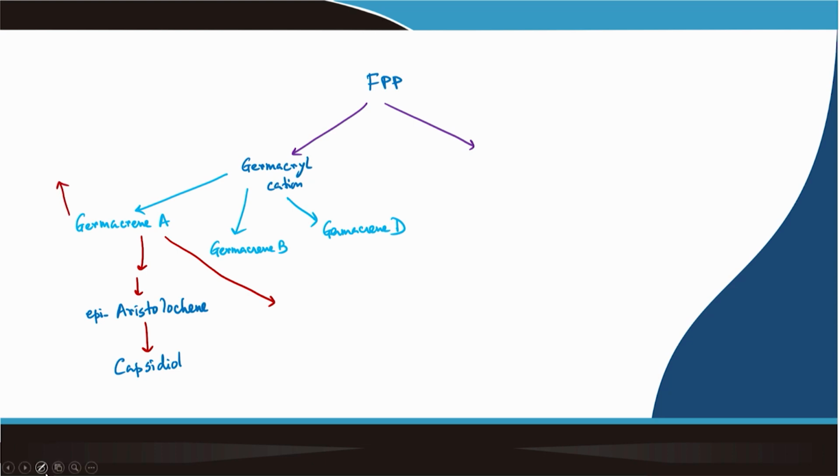The short route contributes towards the formation of parthenolide. Whereas, the other route from here, guaiacyl cation is produced,